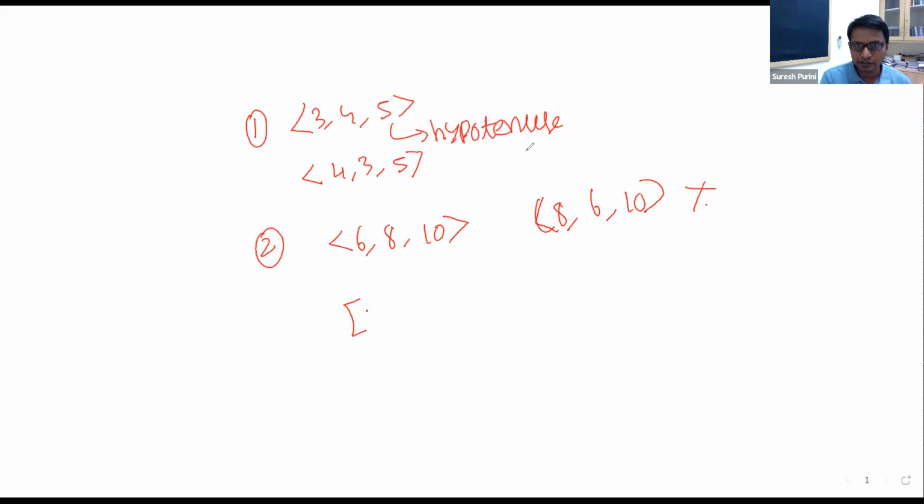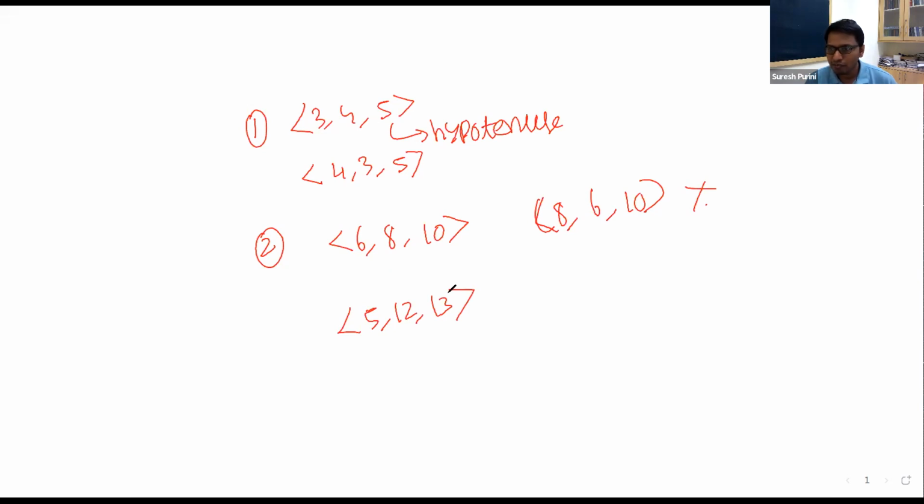Very nice. 5, 12, 13, and so on and so forth. Okay, you got it, right? So you order them in accordance with the hypotenuse. 8, 6, and 10 should not be shown.